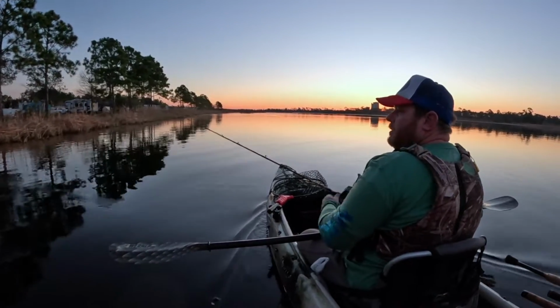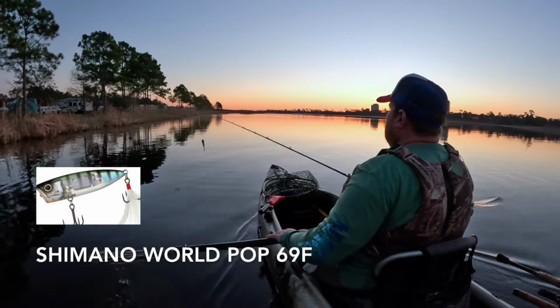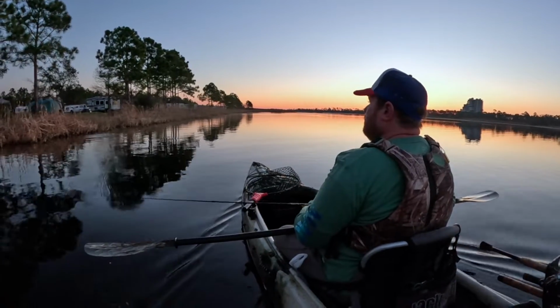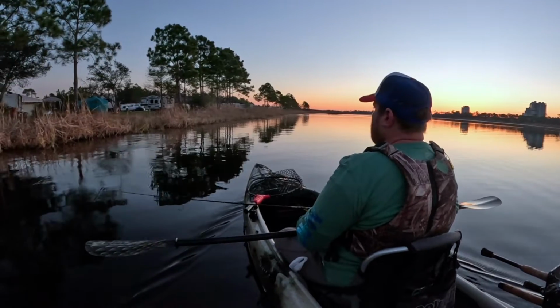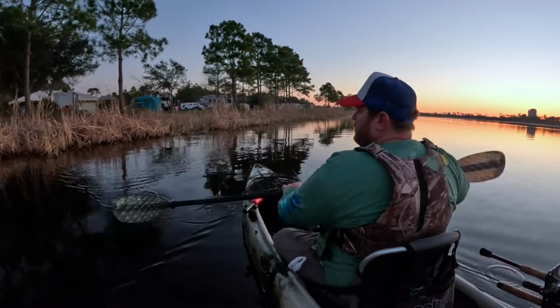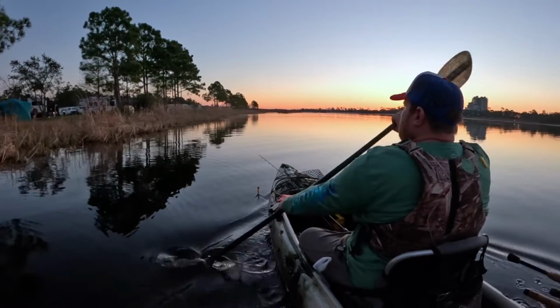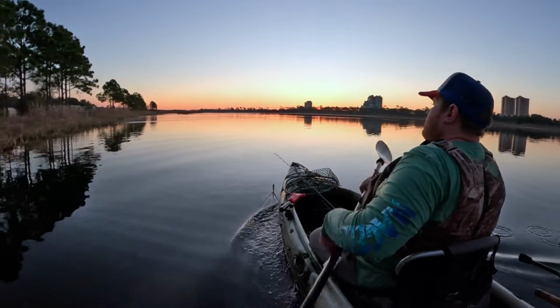Ooh, what a difference a few hours makes. So this was first thing in the morning, a little after 6, probably about 6:10, 6:15. You can see a slick back calm, and if it's going to be calm weather, I'm going to be throwing that Shimano World Pop. I flashed it on the screen just a few seconds ago, and going to be walking it, stopping it, walking it, stopping it. I'm still just trying to figure out what's going on at first, throwing it on the grass